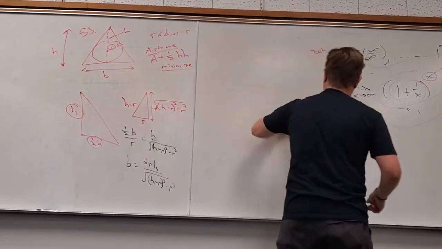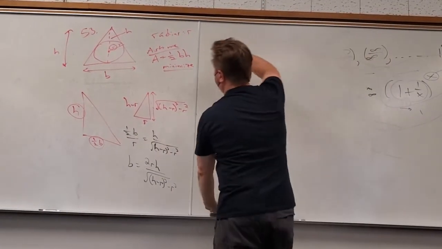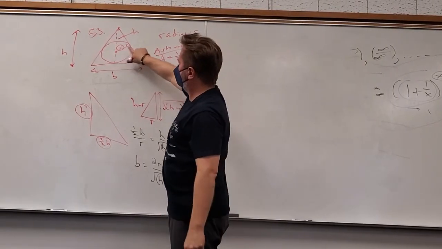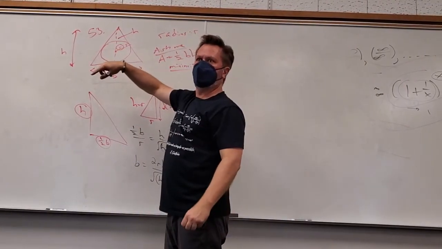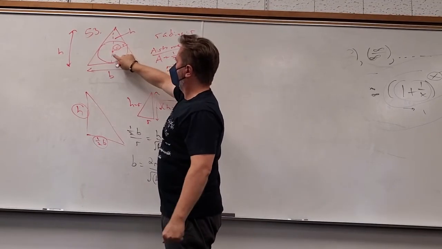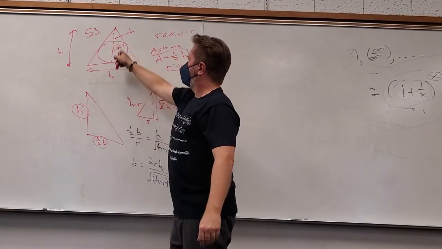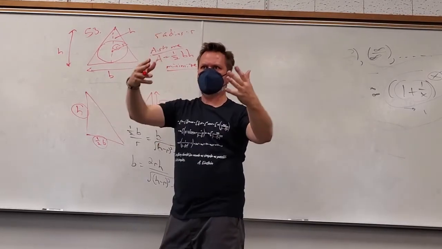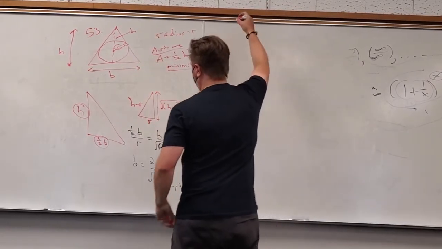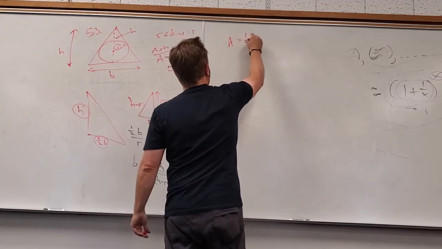And again, the problem I'm going to give on the test is not going to be this weird, because that's definitely kind of weird to understand. You can do this. You can put the R anywhere you want to. That's the best place to put it. And then to kind of work with the similar triangles correctly, that's a little weird. I understand. Right? But now I've got area equals 1/2